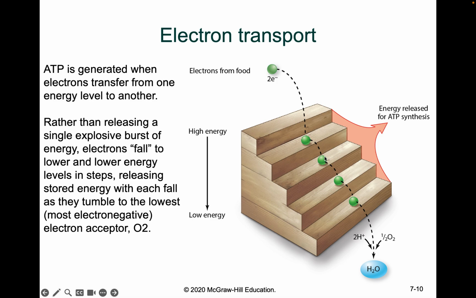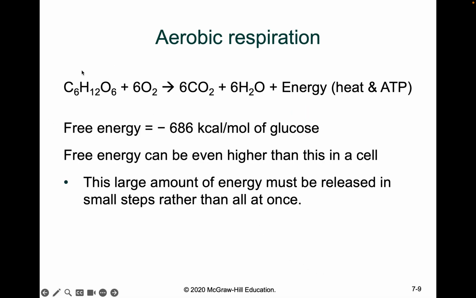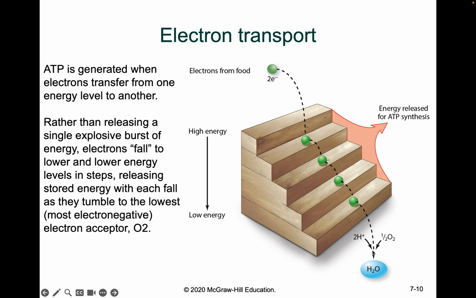And this is why we need NAD. Because NAD is going to come here and accept these electrons. And then the NAD is going to come down and give it to oxygen, in this case of aerobic. So it's going to give you the steps rather than going through this equation. If you directly take glucose, break it down and skip the steps and do one massive step, the impact is going to be much higher. You lose a lot of energy and a lot of it is going to go as heat. So it's not that efficient.